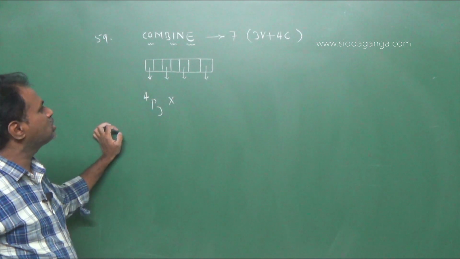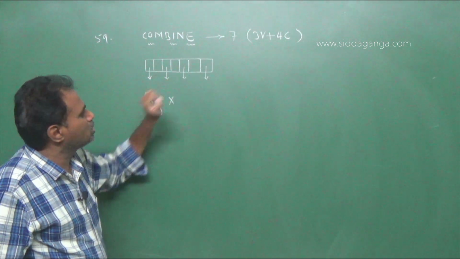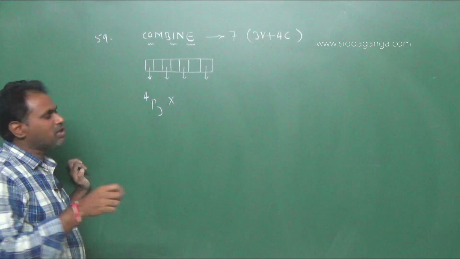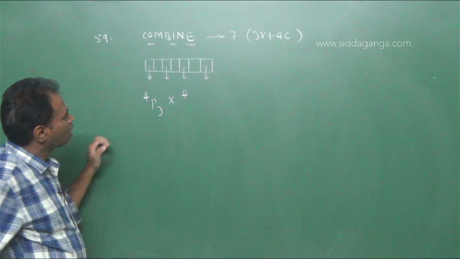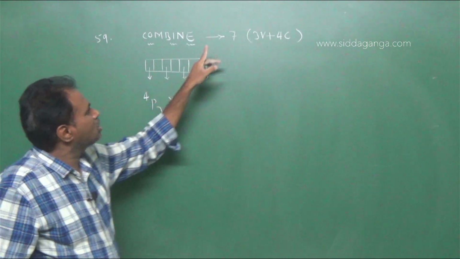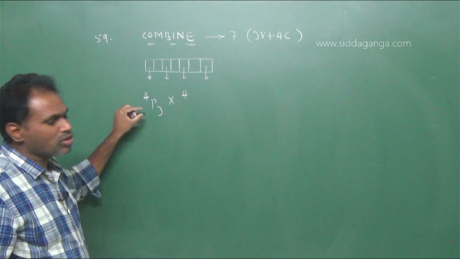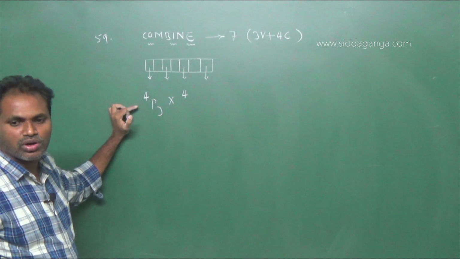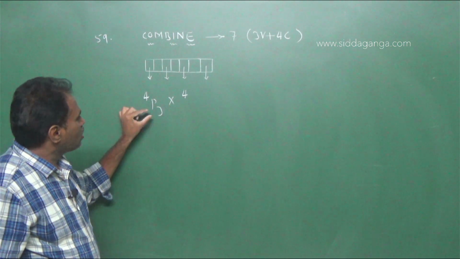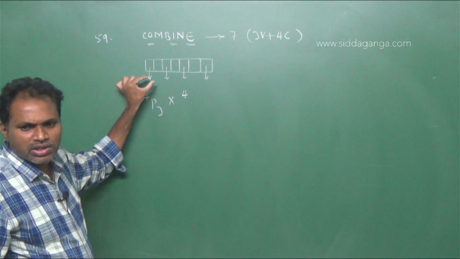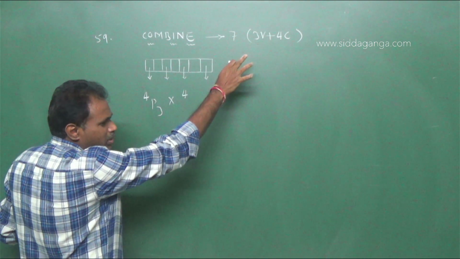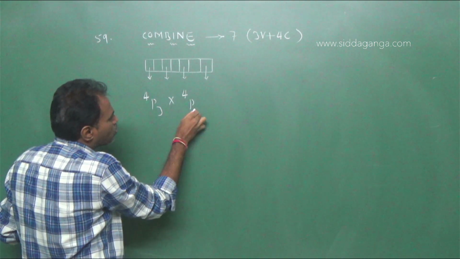Remaining 1 odd place is there and the remaining 3 even places are there. Therefore, 1 odd place and 3 even places, total 4 gaps are there. Here you observe total odd places are 4, but vowels are 3. Therefore, you can fix these 3 vowels in 4 gaps, that is 4P3. The remaining consonants are fixed in the remaining 4 boxes, and remaining letters are also 4. Therefore, 4P4.